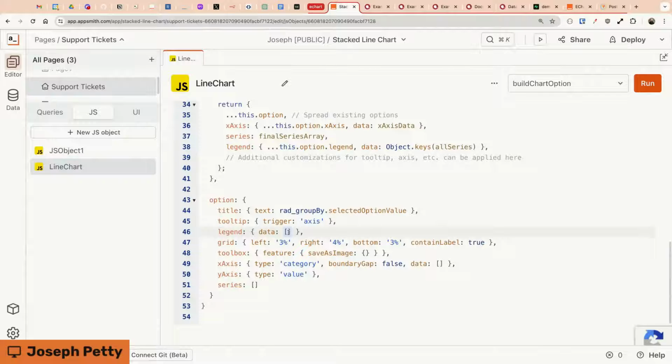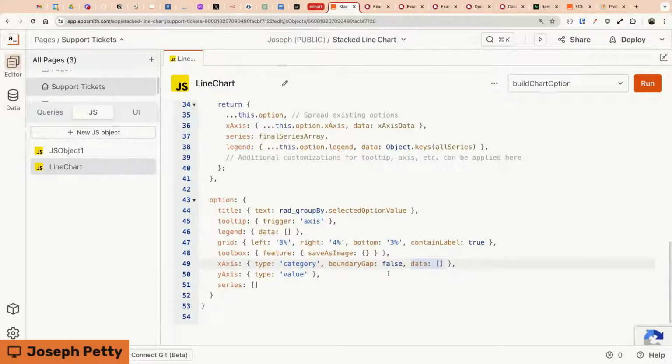I'm going to push some values to it later, but I know I want the legend and then some kind of data. I kept the stuff that was in there that's just part of the config to make this type of chart, but it's not dynamic. It's not the data. And then here at the x-axis, again, I've removed the data and just have a placeholder empty array. So later I can say